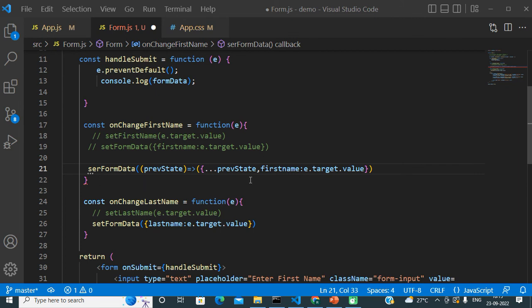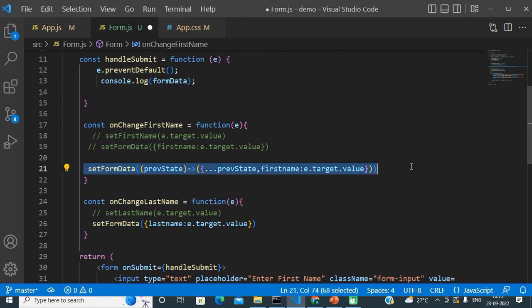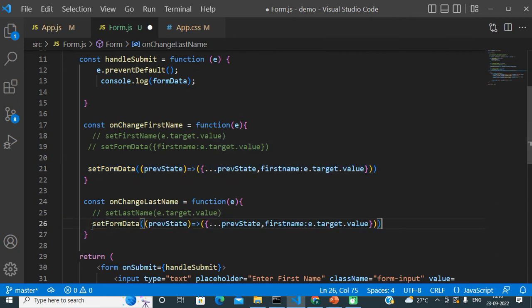And here it will be the same approach for the other one. Okay friends, so let's copy this whole set form data, and just paste everything here.